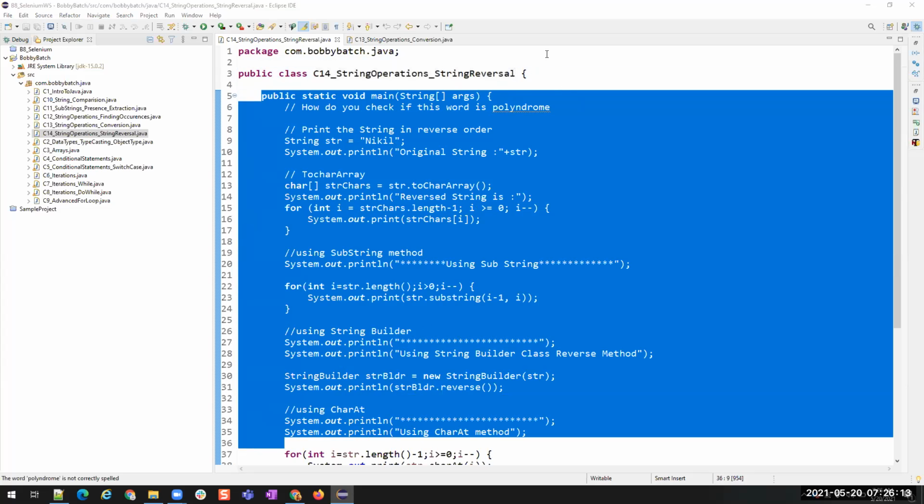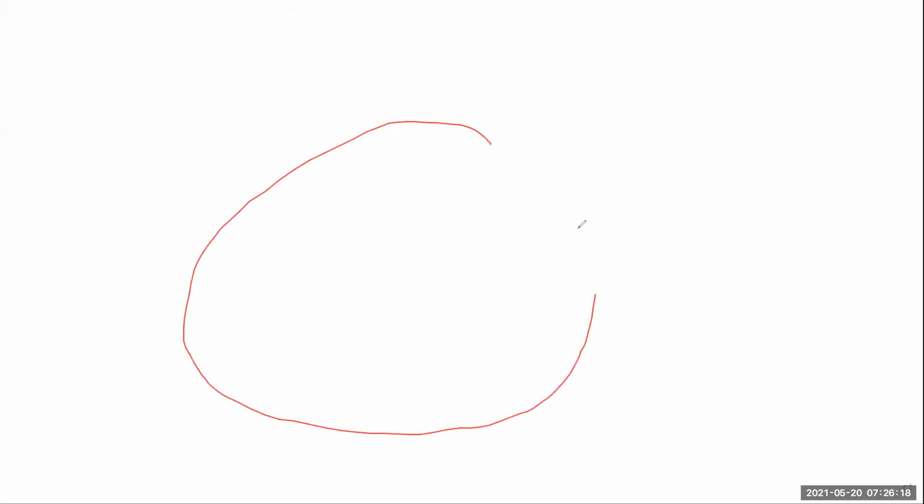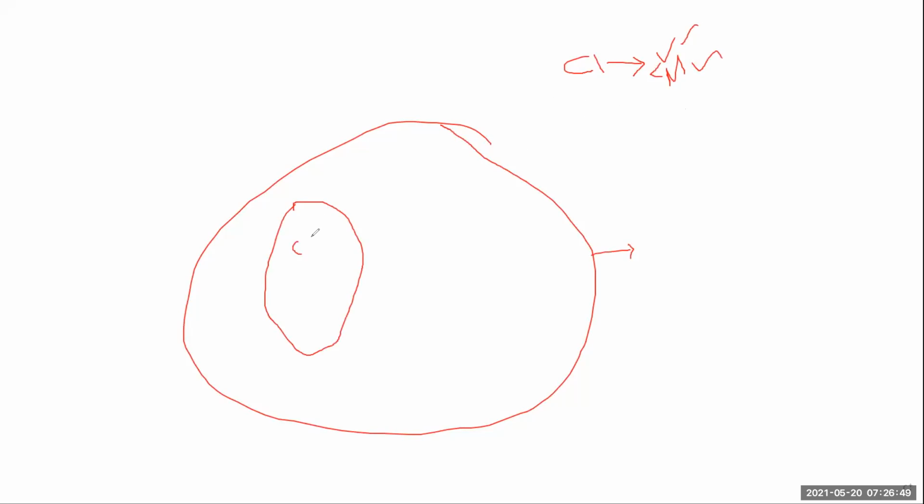For example, this is our total memory allocation. For example, this is our RAM or hard disk or something. There is one class C1. I have created a memory for C1. For C1 there is a memory allocated, but inside this class C1, I wrote some variables, some methods, and some other actions. Variables, methods. So these variables and methods, objects are created inside this class.